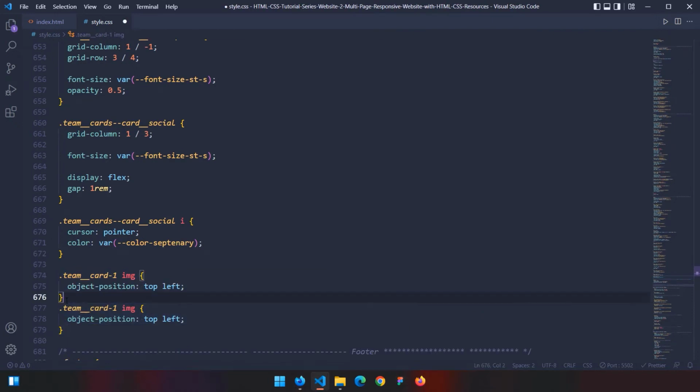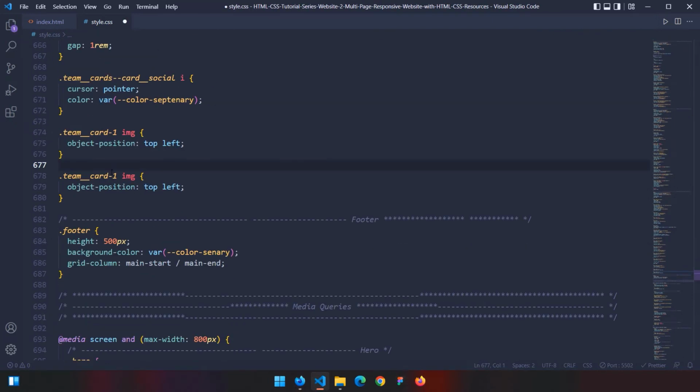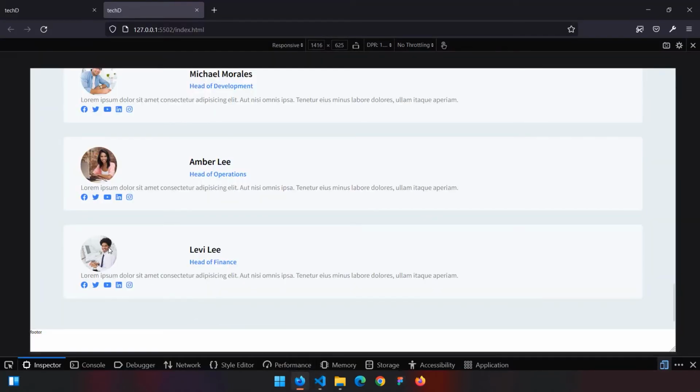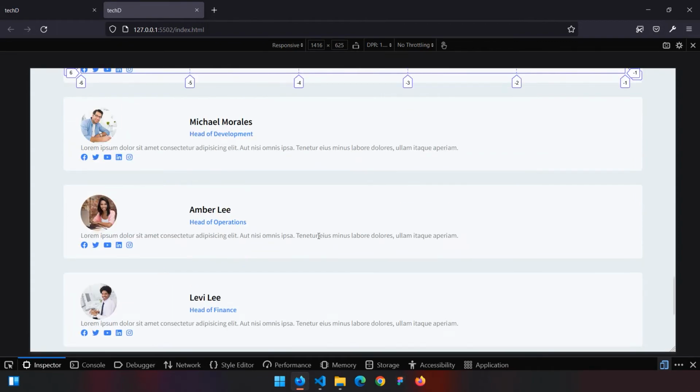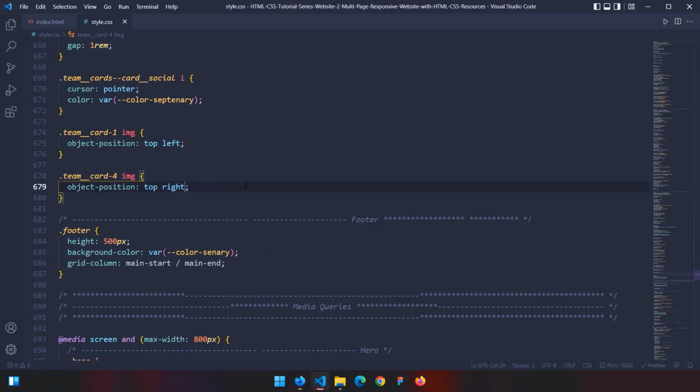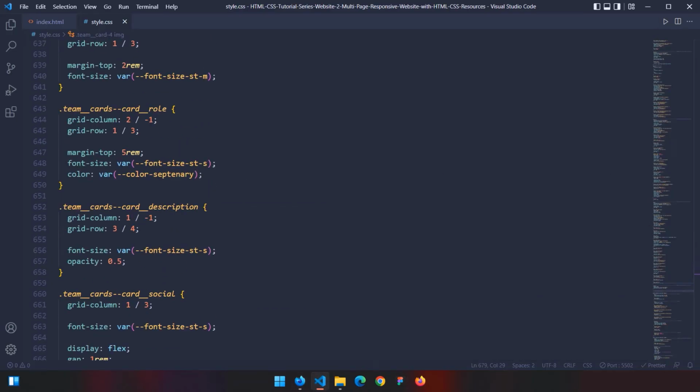Let's just copy that. Let's come down here. This is going to be card number 4. So which part do I want to see more? I want to see the top right part. That's why I'm just going to say top right, and the image basically shifts towards the left. So far so cool. The only issue seems to be that our cards